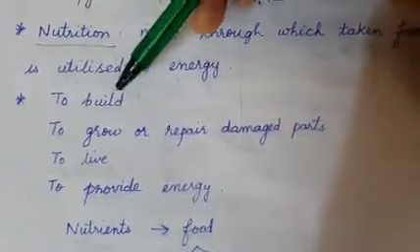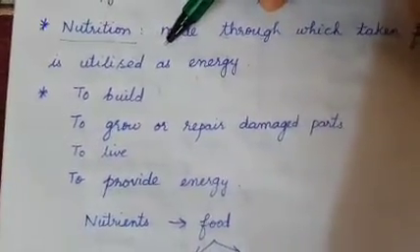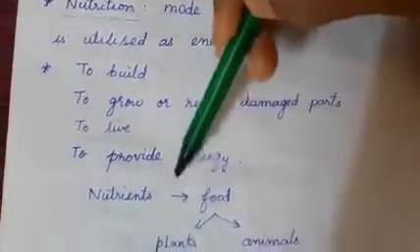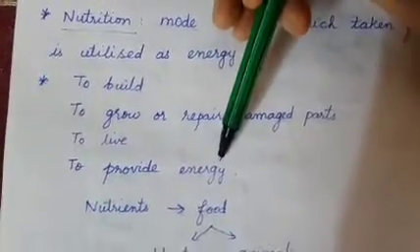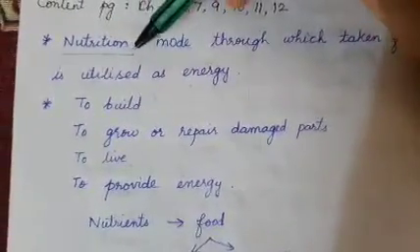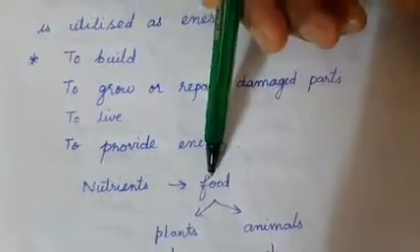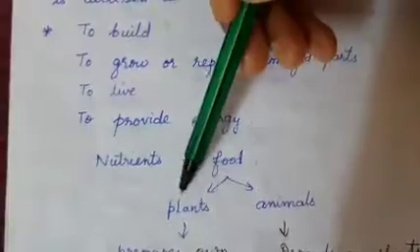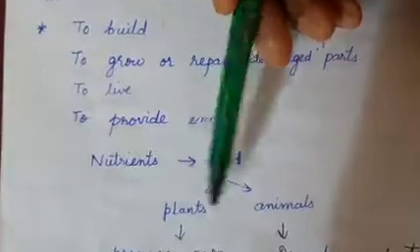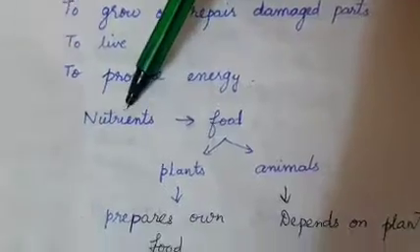body. Building blocks of our body are nothing but the organs. Then food is our building block. All the cells present in the body are building blocks, right? And to provide energy. Energy is necessary for our work activities, so we obtain it from nutrition. So nutrients, where are we getting them from? From the food which we eat. This food is of two types, and the sources of food you have already learnt in grade 6. That is, plants and animals are the two basic sources of food for all human beings.